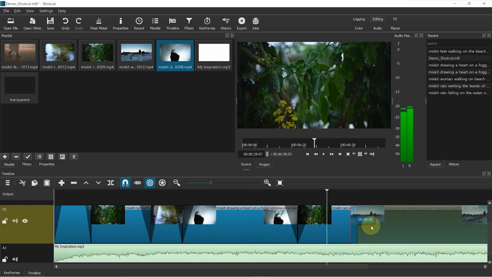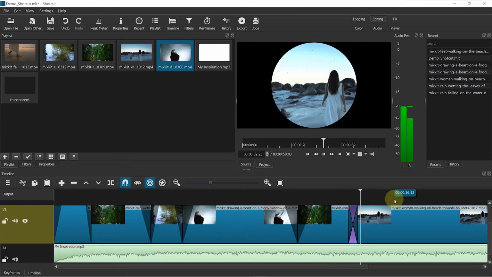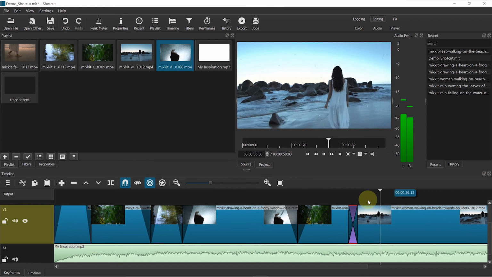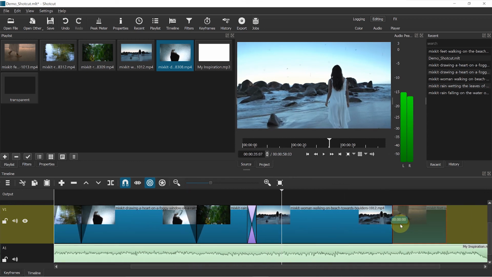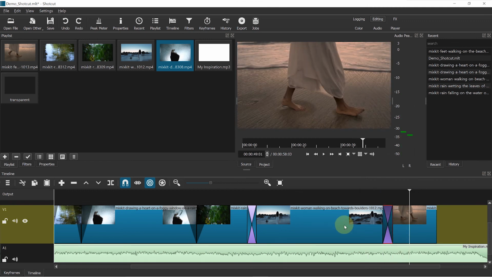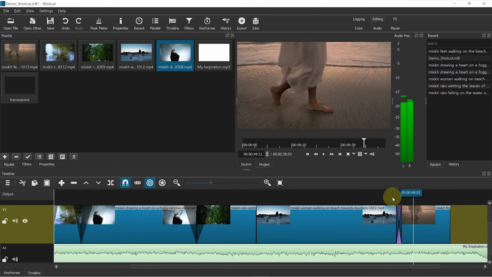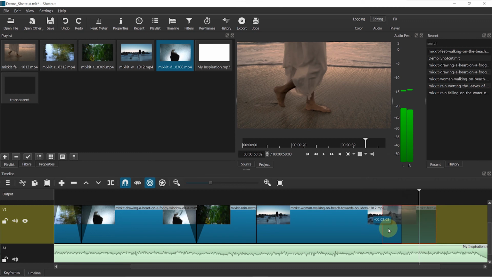If you move the second clip over the first clip, it will create a nice dissolve effect. Keep in mind that how much you overlap both clips will be the duration of the dissolve transition. For example, if you overlap only a little, then it will be a quick transition. If you overlap more, then it will be a longer transition.